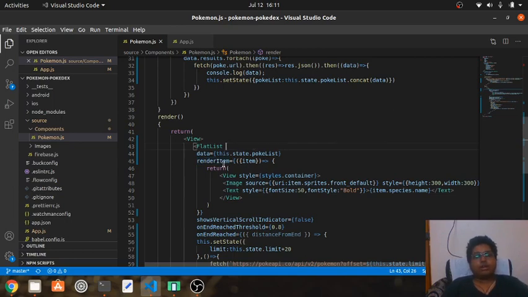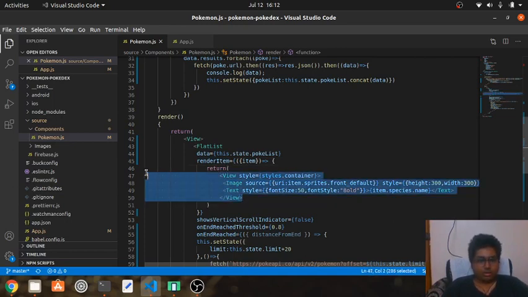The next thing is renderItem. What renderItem does is similar to when you use a map function and do map over the items, you get each item from there. So if you want to map each and every element, you can do it in renderItem.